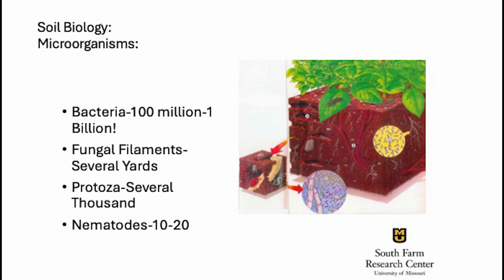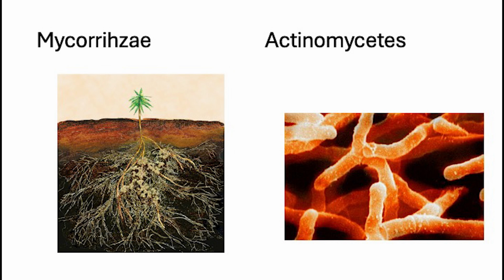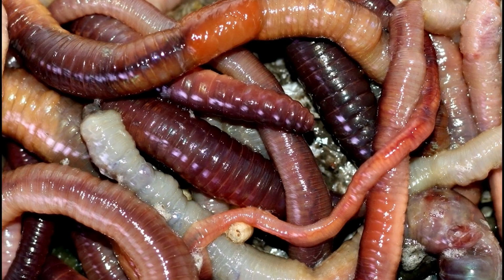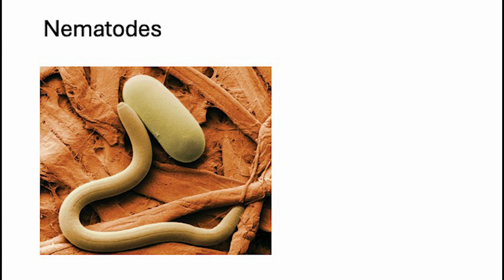Now, when we think of soil biology, we're thinking about the soil fungi and the bacteria, and then there's the different types of bacteria, gram-positive and negative, and actinomycetes. And by the way, that's what makes soil smell so good. But we also have the fungi and other ones. But we also have the eukaryotes. Those are the multicelled organisms like insects and earthworms, springtails, nematodes. So that's part of soil health too.